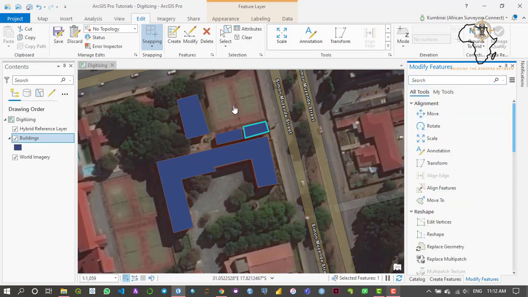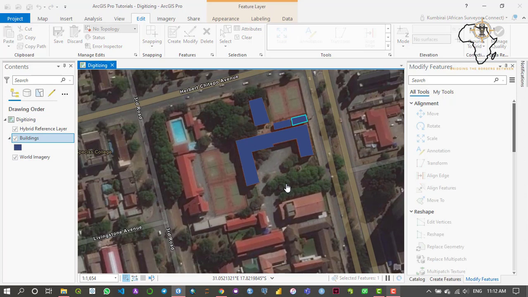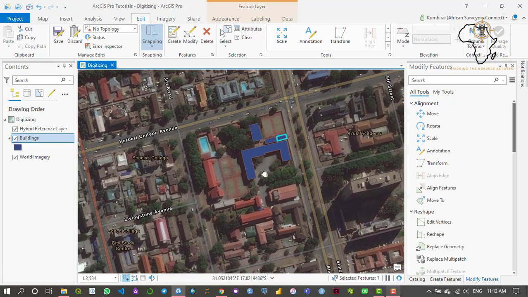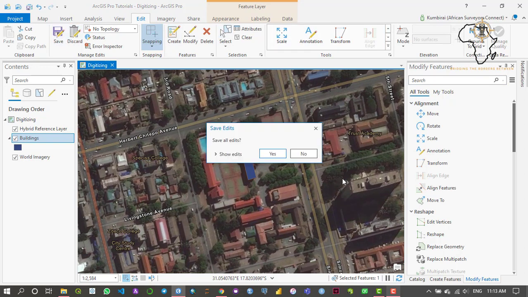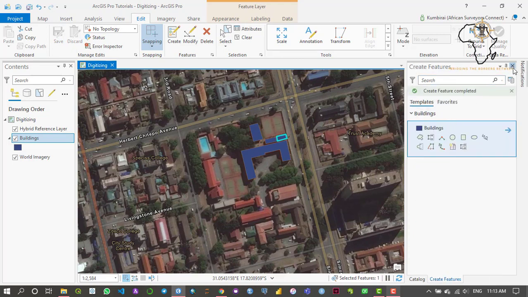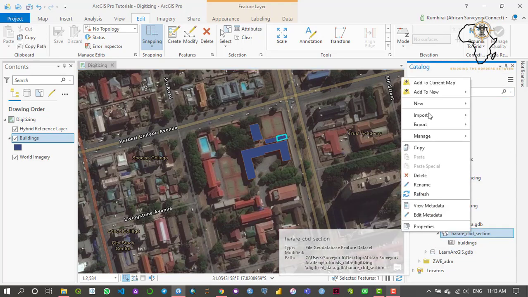modifying your data. Okay, so I've shown you the first part on how you can digitize our polygons. Okay, so now we're going to be moving over to creating point dataset. So usually point dataset is used when you're trying to digitize, let's say, points of interest. So let's just go back to our data, and then I'm just going to click on new again,